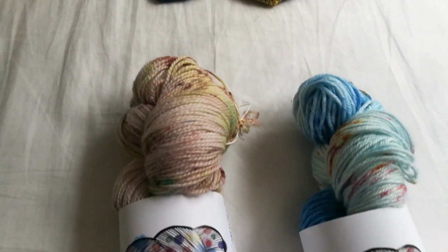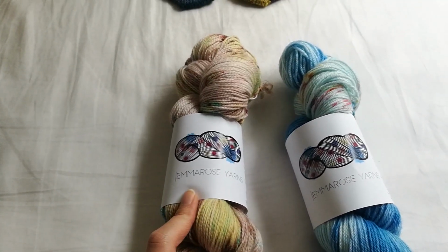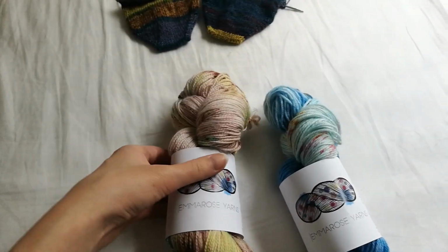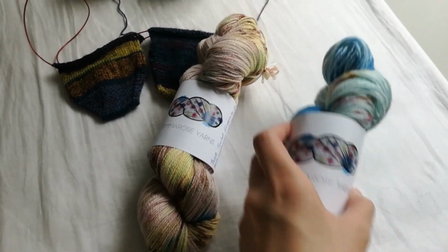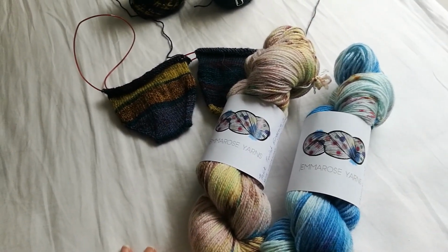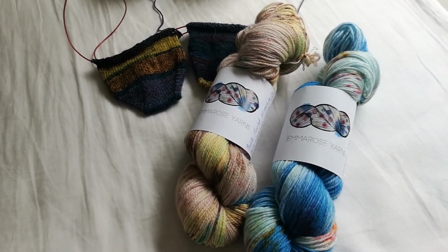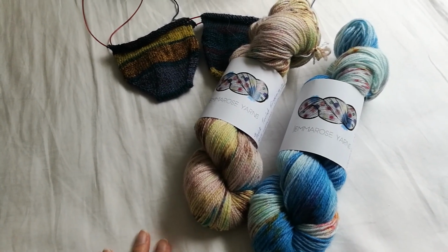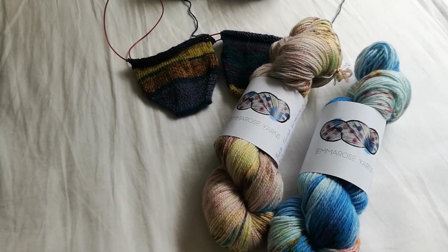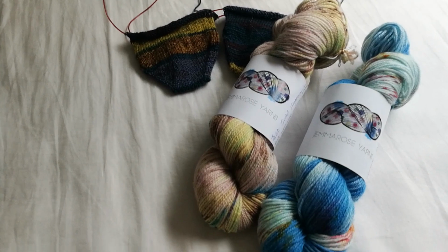Moving here, we have 2 skeins of yarn that I bought from Emma Rose Yarns. Something to say about these two yarns. Maybe I should bring them here for better light. So, I talked about yarn diet before. I'm not sure if I did use the word yarn diet, but I did talk about not wanting to buy more yarn without knowing what I'm going to use it for. I want to definitely try to use up some of the yarn in my stash first. But,